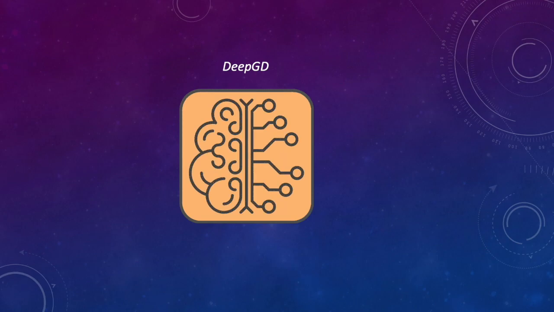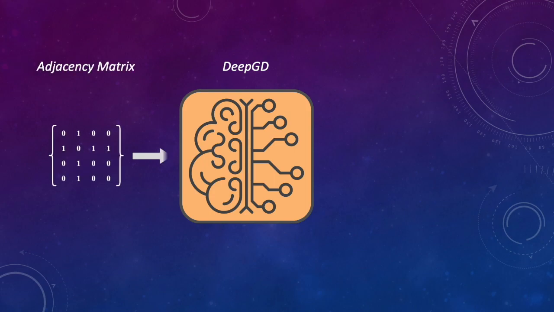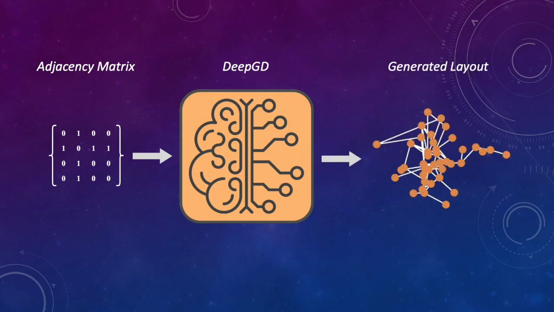So, how does DeepGD actually practice drawing graphs? First, DeepGD perceives the topology information from the adjacency matrix of a given graph. Then, it uses its internal logic encoded by its parameters to generate a layout of the graph. For each generated layout, DeepGD will evaluate its aesthetic quality and adjust its internal logic to learn how to perform